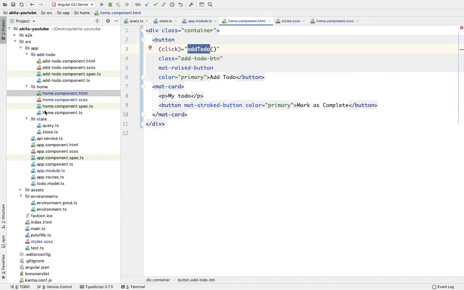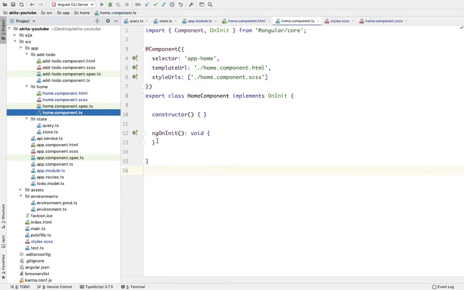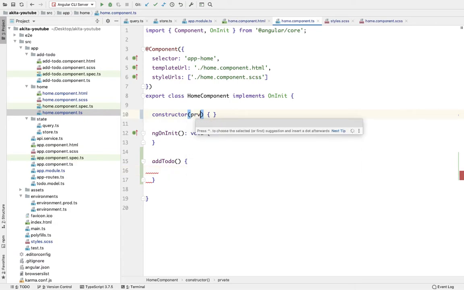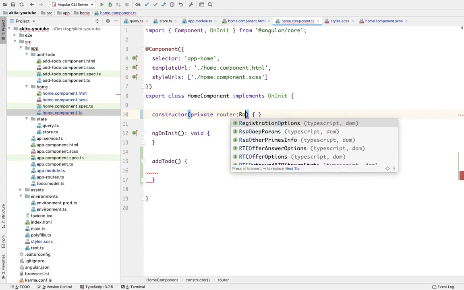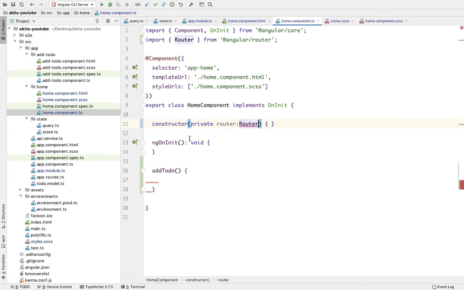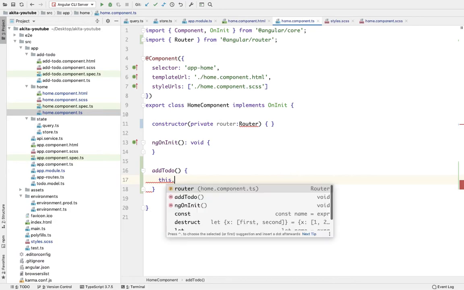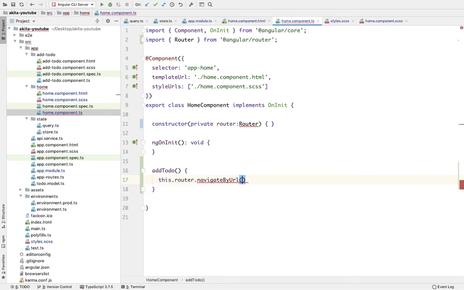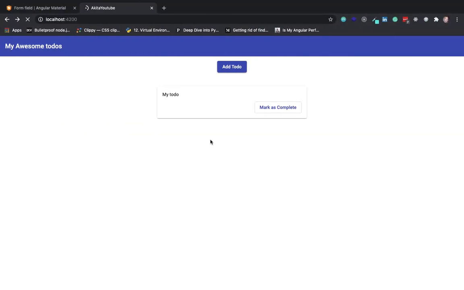Let's define this function in the home component.ts, add to do, and let's inject the router module, Router, and here we are going to say this.router.navigateByUrl('/add-to-do'). So let's save it. So it's working perfectly fine.